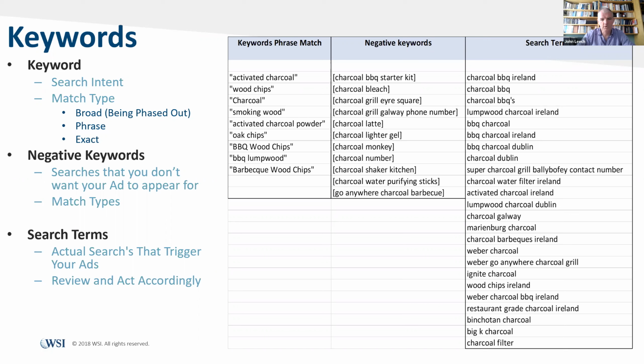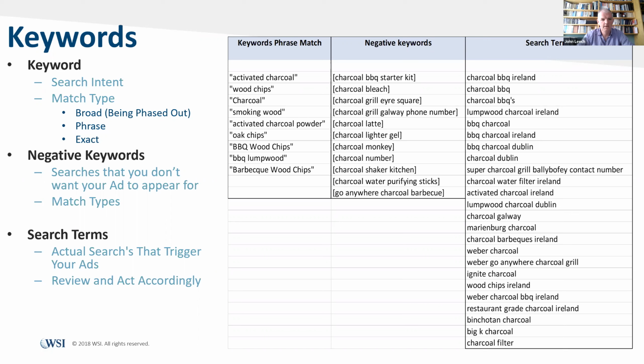And similarly to keywords, you can have exact or broad matches, etc. Now, the problem is, you might be tempted to put in charcoal grill as a phrase match for negatives, and yes, that will get rid of the charcoal grill Eyre Square term, but maybe it would also get rid of other searches that might be valuable to me. So you just need to think about how you set up those negative keywords in terms